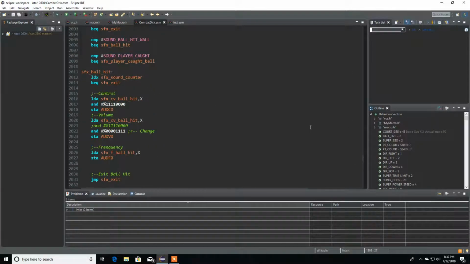So now it should be working, but I forgot actually one more thing. I was looking for another bug. I had this part over here, and I forgot to change over here. So now we're masking the wrong value. So at this time we're masking the control, but now I changed the volume. So if I run over here,